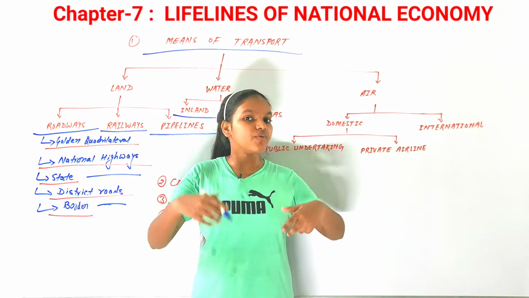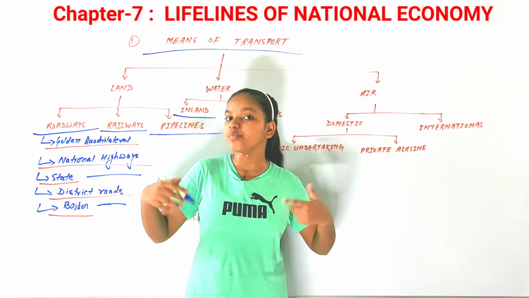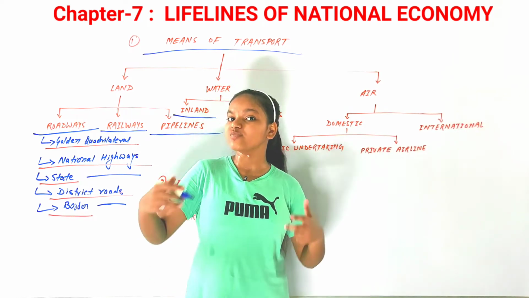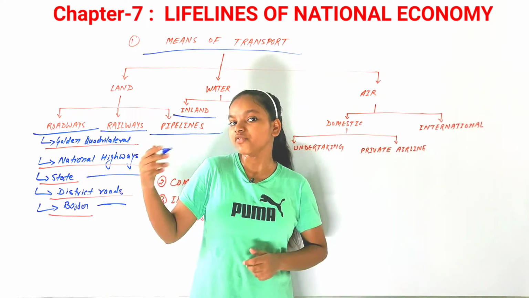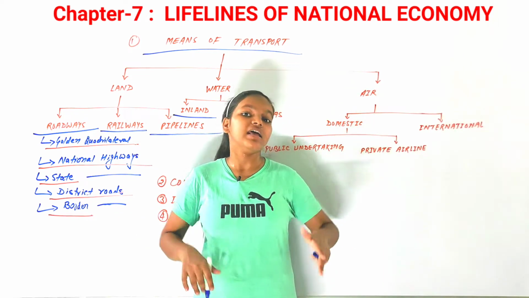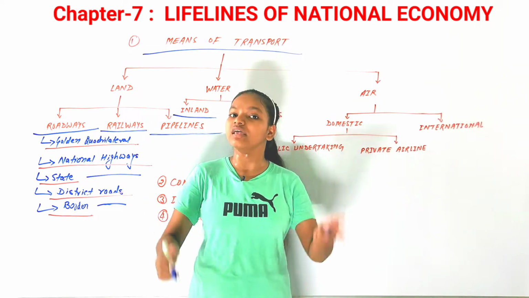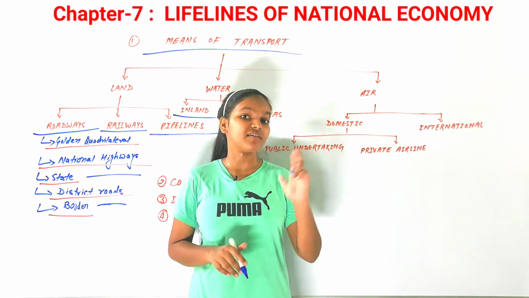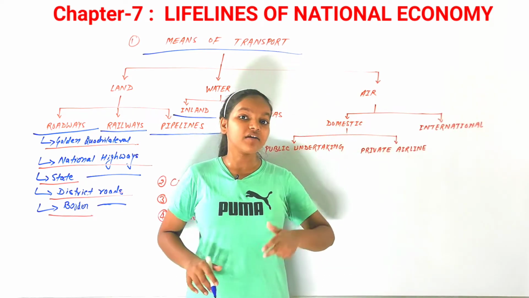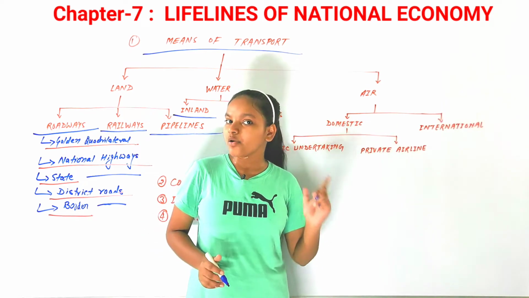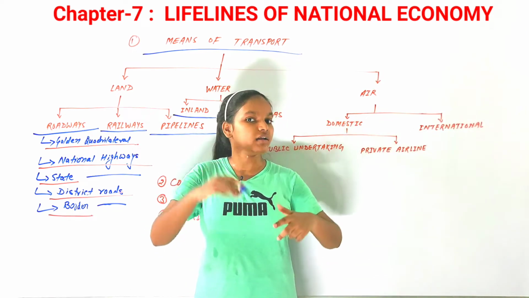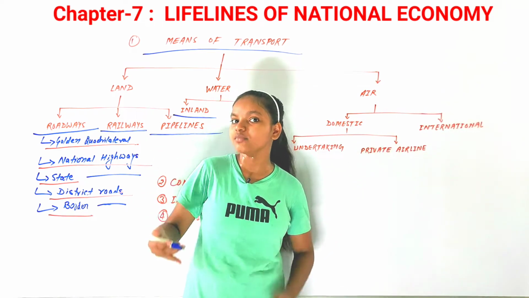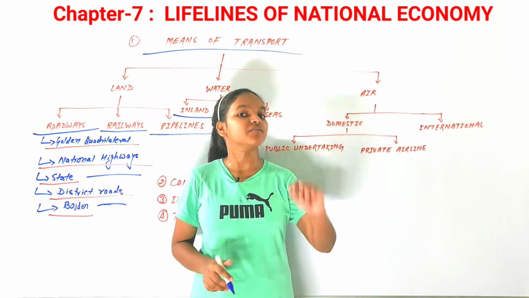Now you know that seaports and national waterways in our country are very, very important. They are the cheapest means of transport, and they are helpful in transporting bulky goods from one country to another as well. In terms of volume of transportation, inland transportation accounts for 95%, and if we talk about the value, it is about 68%. We talked about the inland waterways, but for exporting raw materials or items from our country to another country, we need to have some seaports as well.